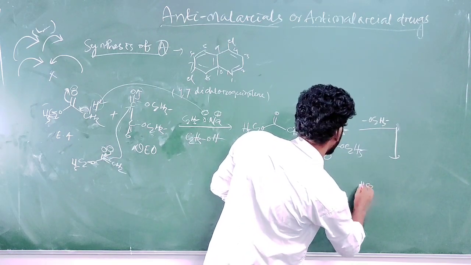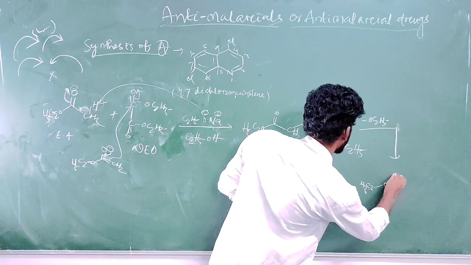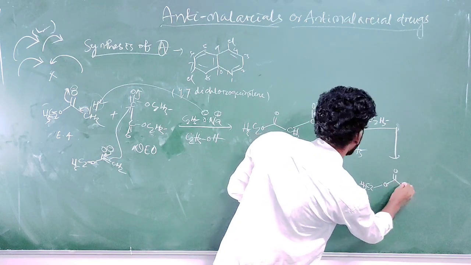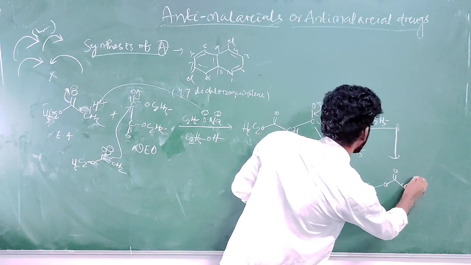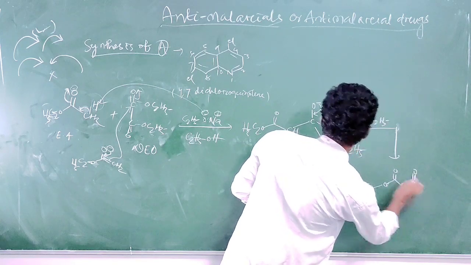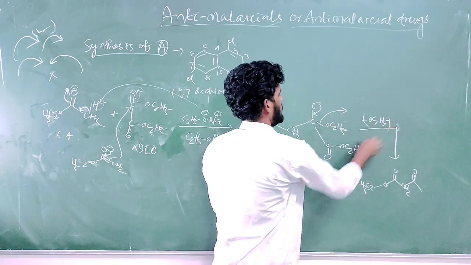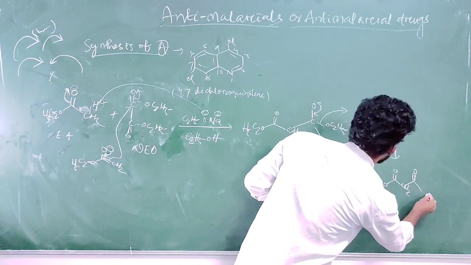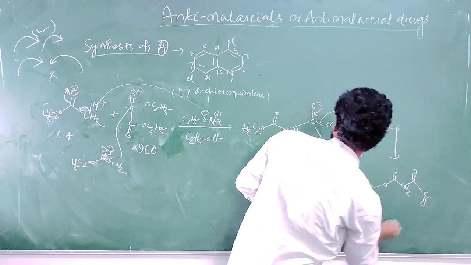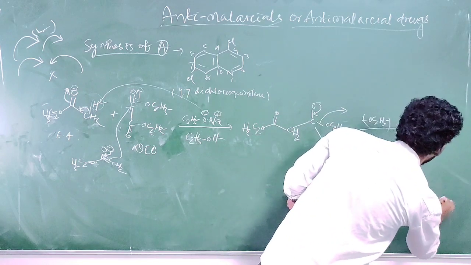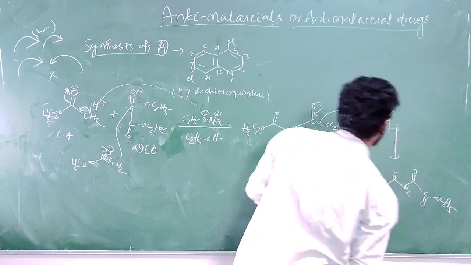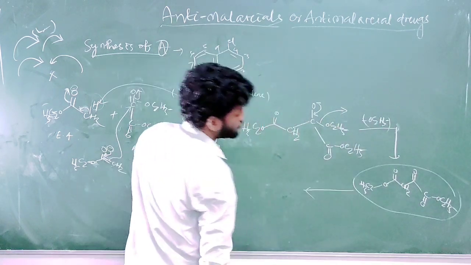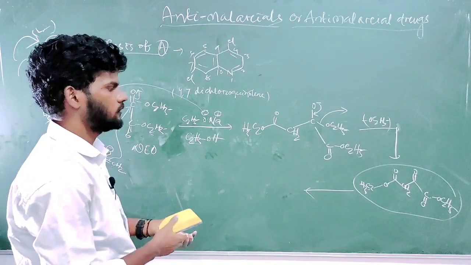So C2H5O carbonyl CH2 carbonyl, this leaves, then carbonyl OC2H5 carbonyl. Okay, OC2H5 to this structure,